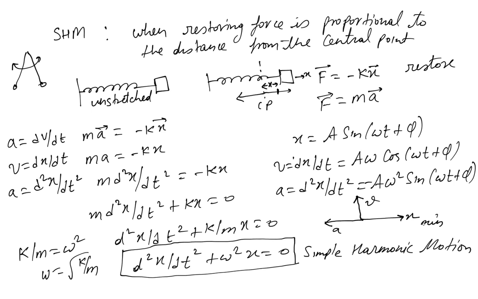Similarly, if x is maximum, then a is maximum in the opposite direction, which means if a spring is completely stretched outward, which means x is maximum, then a is maximum. You can see that if the spring is stretched maximum, it's going to produce the maximum force, but in the opposite direction. And that's why a is maximum in the opposite direction, which can be understood from these graphs. If we draw these graphs,